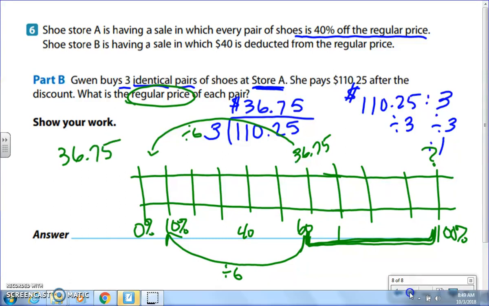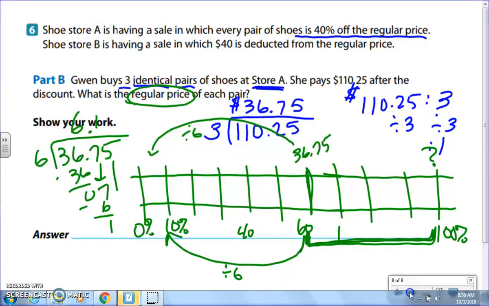So $36.75 divided by 6. And remember that $36.75 represents 60%. That's how much they had to pay if they didn't pay 40%. So 6 goes into 36 6 times. 7, one time, the decimal goes there, and it goes into 2 times right there. So it looks like we're going to have, because we are dealing with money, 5 right there. Because we're dealing with money, we would really only usually keep 2 decimal places, but